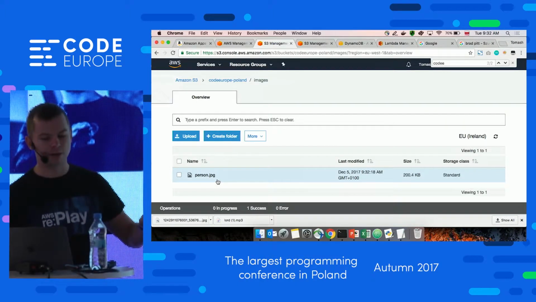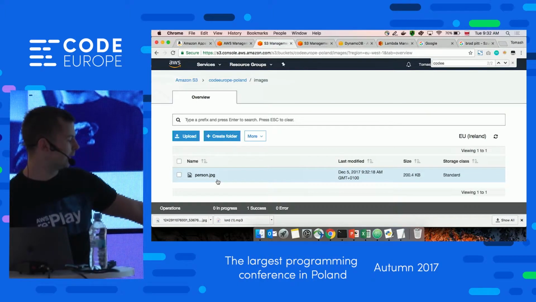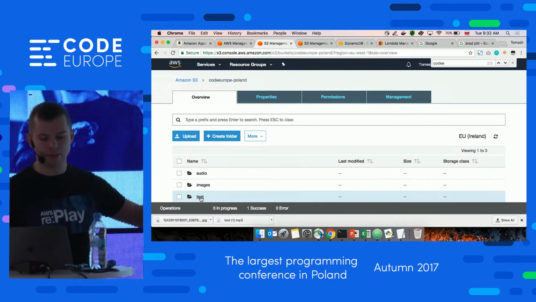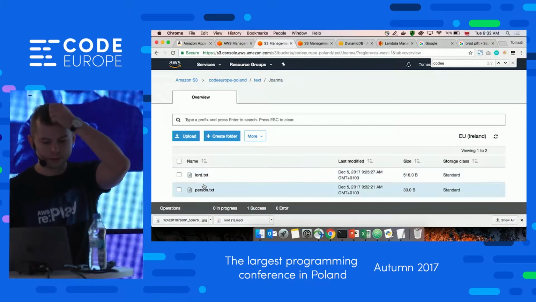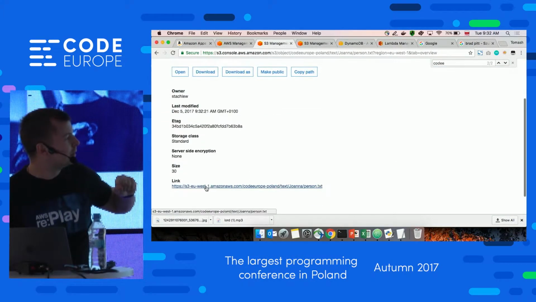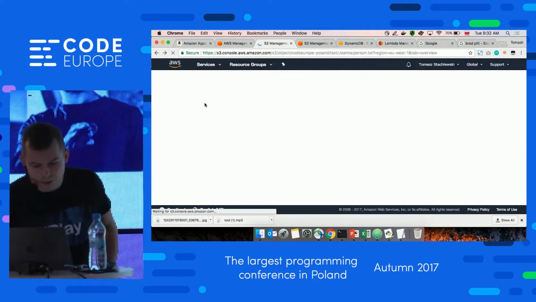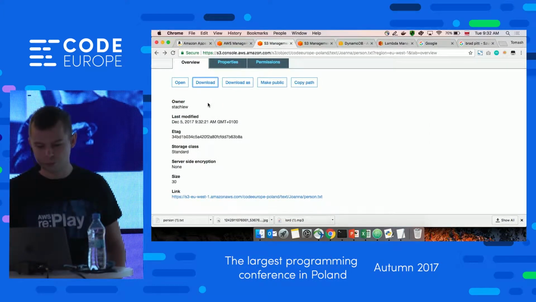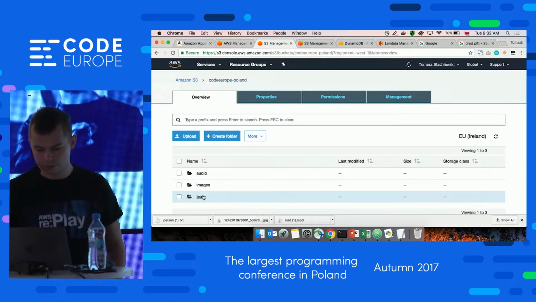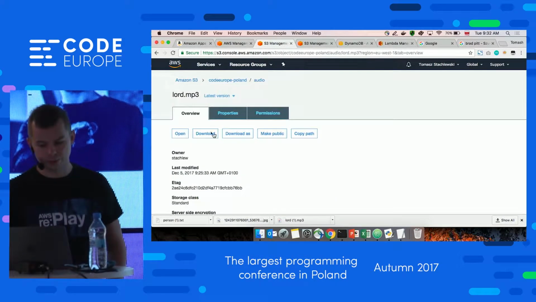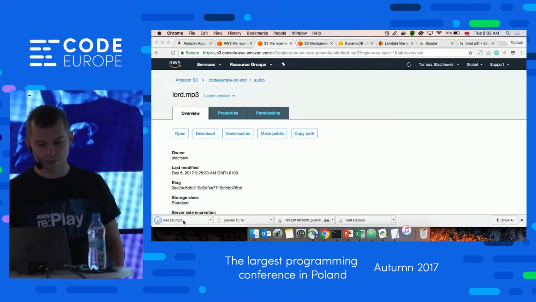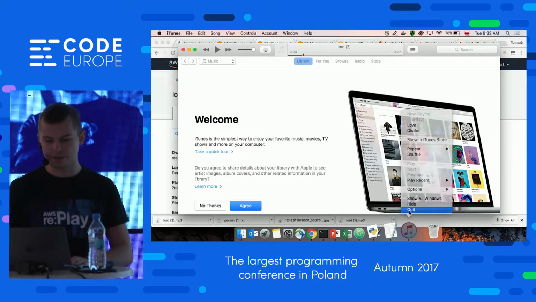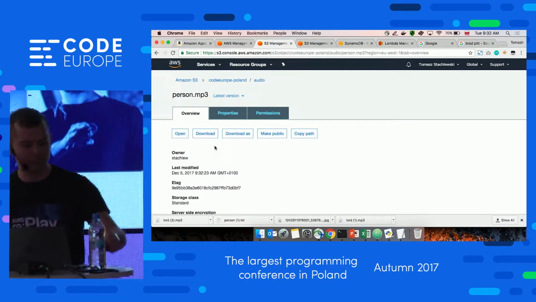So now if everything was working fine, first of all, we should see in a text folder in Joanna a new file, person.txt. So if we'll try to open it, I see Terry Pratchett on the picture. It's working. And also we should have got in DynamoDB this information. I see Terry Pratchett. And we'll also have got our audio file. So audio person. Okay, so it's working fine. So the next step.